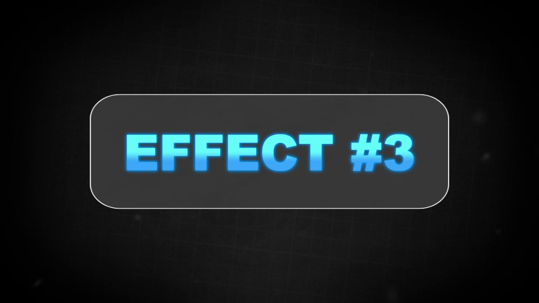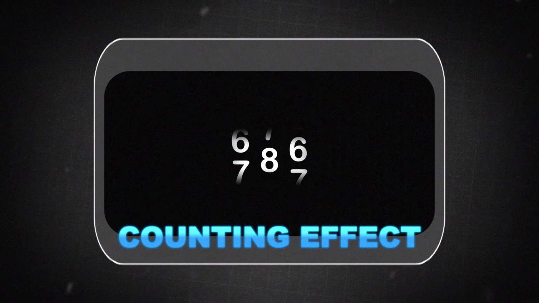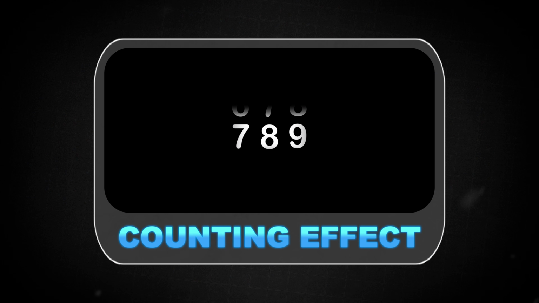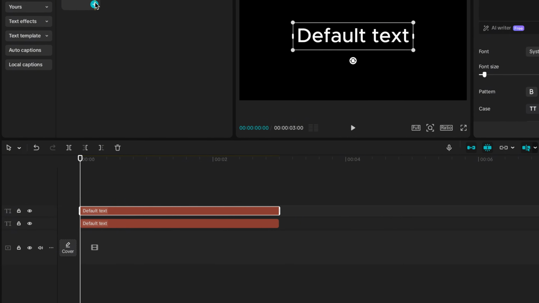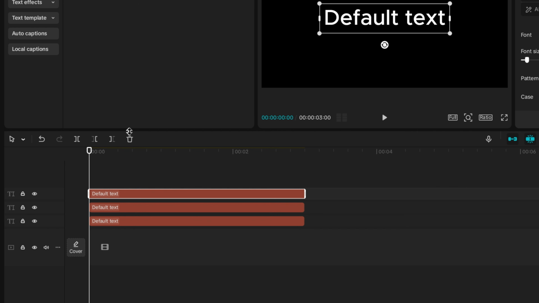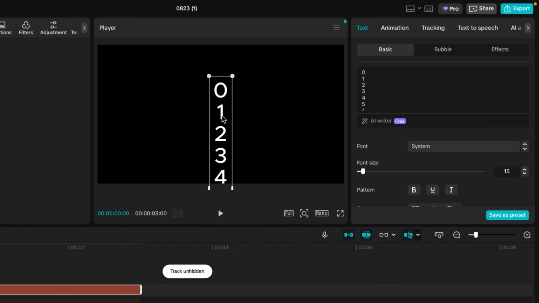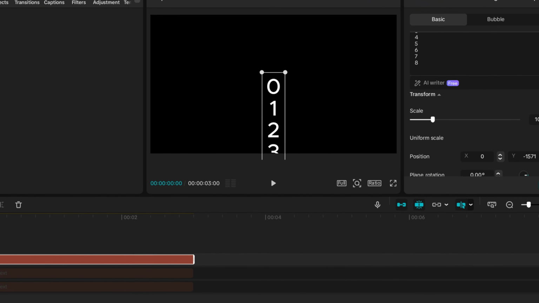The third effect is the counting effect. Popular animation often seen in After Effects edits. I'll show you two types of this effect. The first one is a custom digit scroll. Start by creating a separate text layer for each digit in your number. For example, if you're using a 3-digit number, make 3 text layers. In each text layer, type the digits 0 to 9, pressing enter after each one so they appear on separate